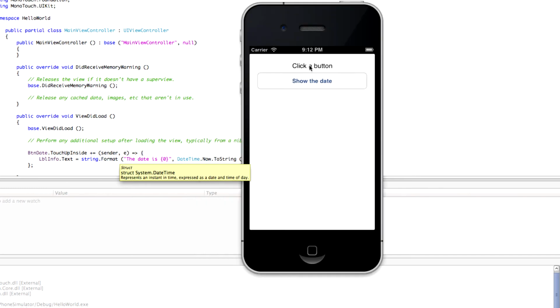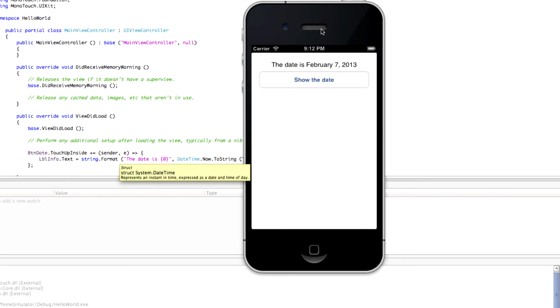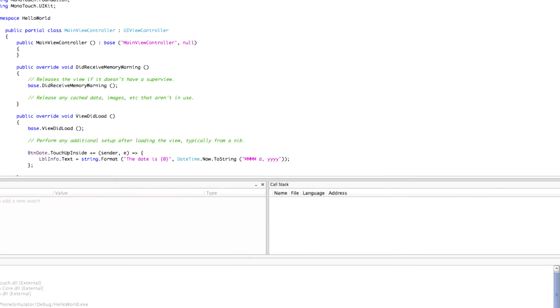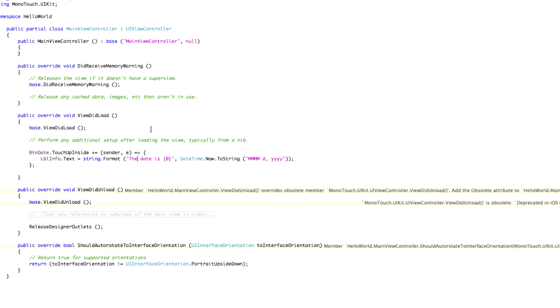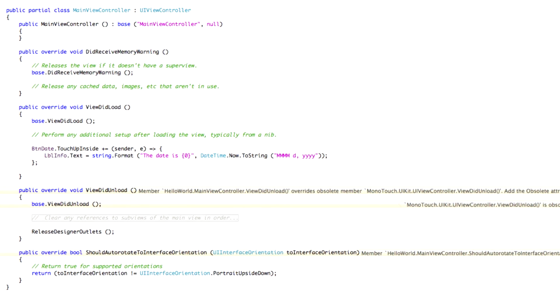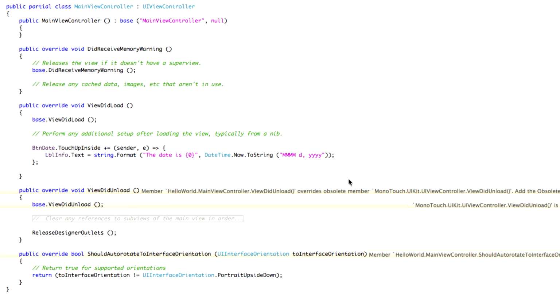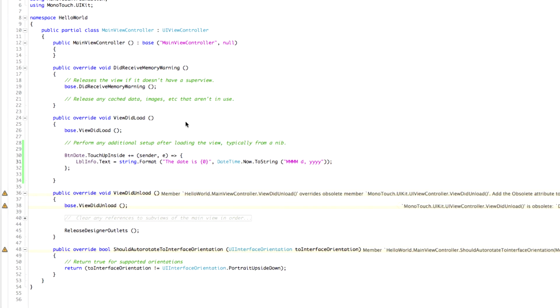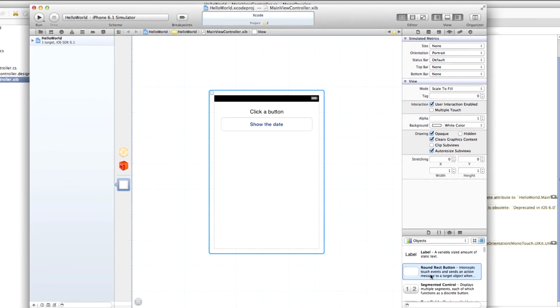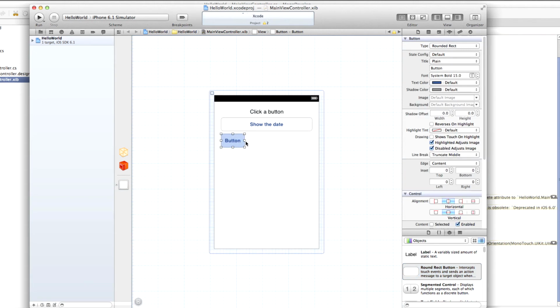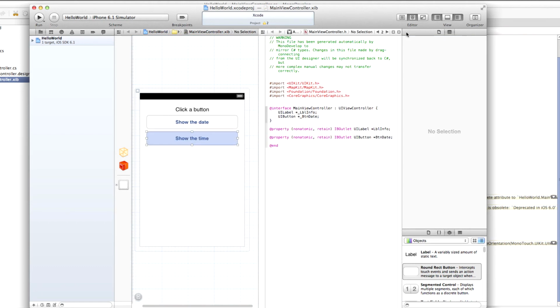We got our UI here with a label and a button, and this is what happens when we click it. That's pretty simple. Now we're also going to want a button for showing the time. So let's open our UI again, and let's go ahead and add another button. Change the text to show the time, go to the assistant editor,